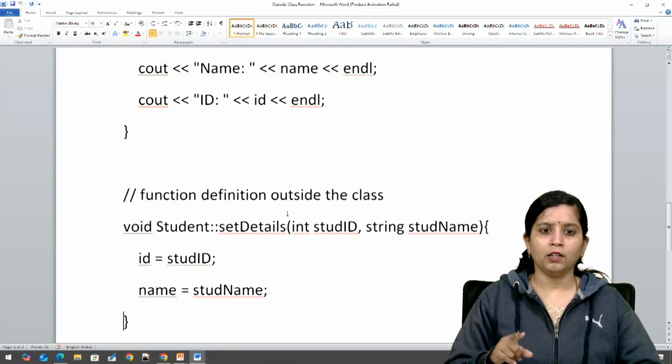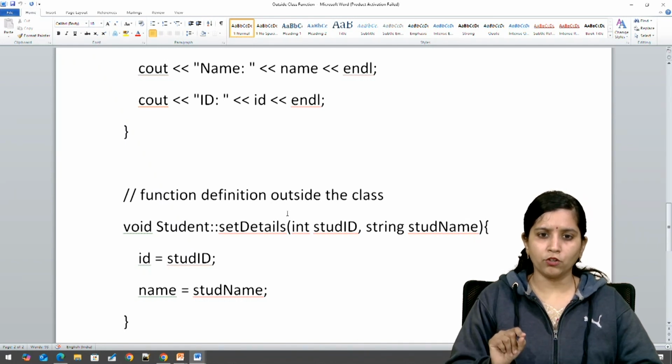Over here, I am using void student scope resolution operator set details. In that, I am passing formal parameters, int student ID and string student name, and ID is equal to student ID and name is equal to student name.